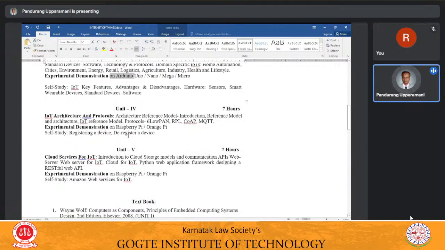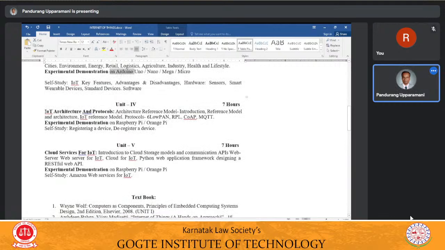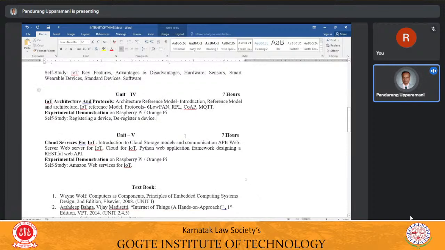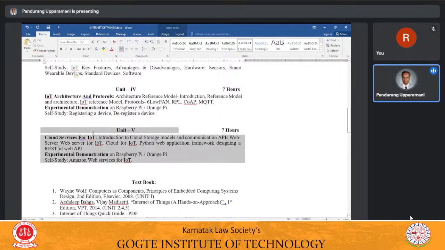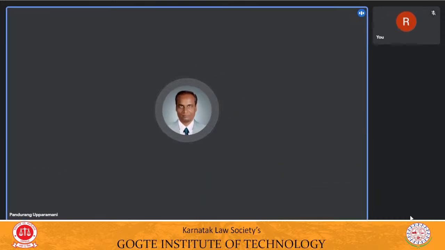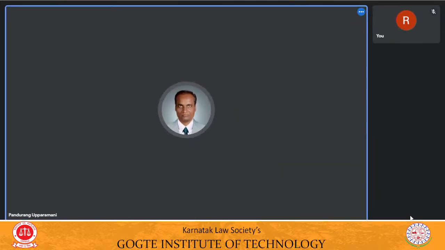Unit 4 goes for a little bit higher end of the IoT, comprising IoT architecture and protocols. Along with that, some experiments on Raspberry Pi and Orange Pi. Fifth and the last unit, cloud services, where the IoT gets connected with the cloud so that you can remotely work on the IoT. Again, there will be an experimental demonstration on Raspberry Pi. So this is all about the syllabus as such. Now let me go to the